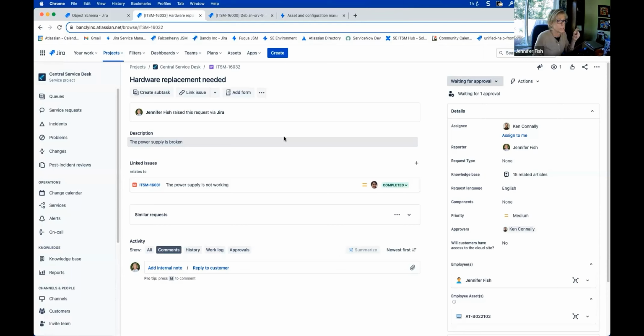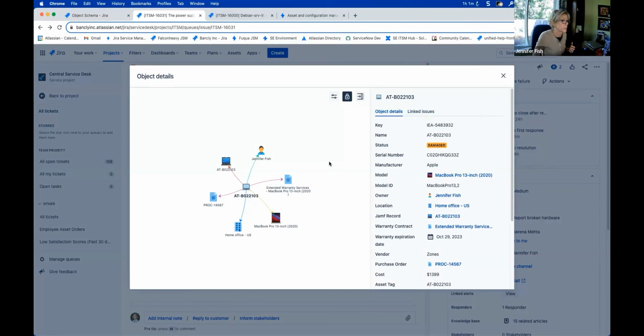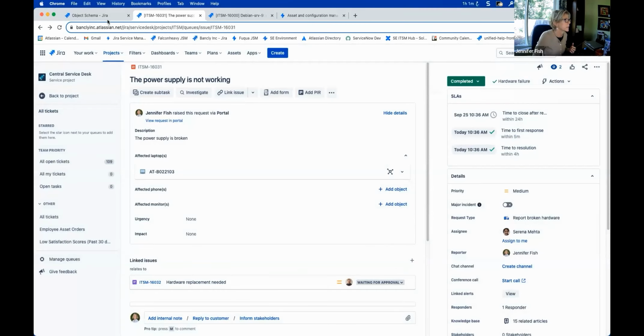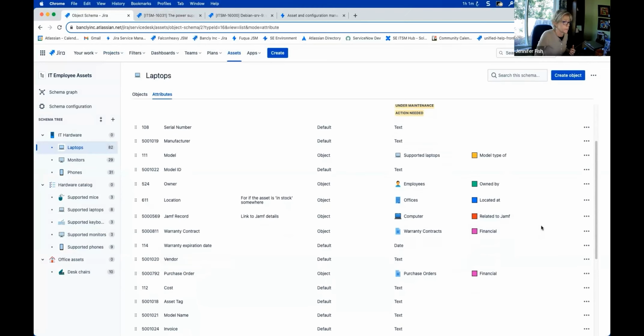We can do it. Let me go back and take a look at my previous asset. The answer to your question is we can define references however you want to define those references. So when you're loading data, we can base it off a serial number, we can base it off of an asset tag, et cetera. So it's however you define it. For this particular item, how is it set up? And if I look over here for the warranty, it is defined by, let me do a quick look at it.